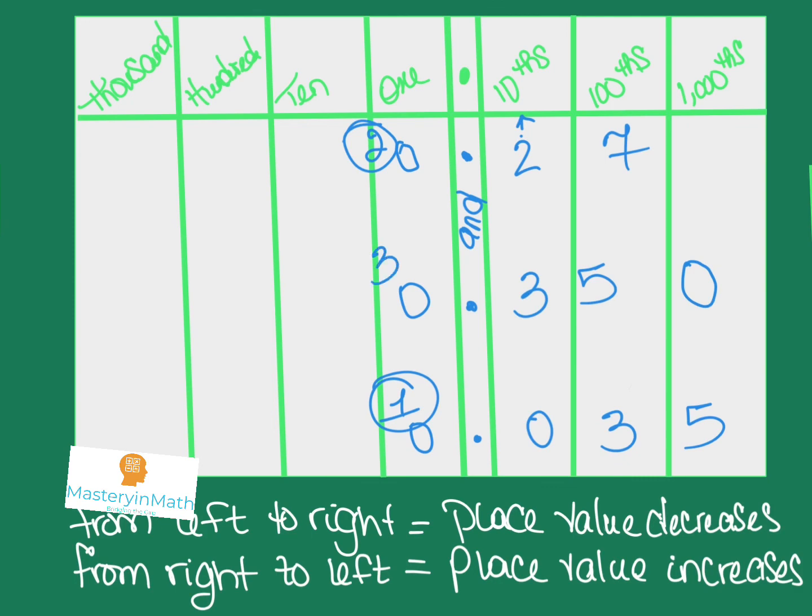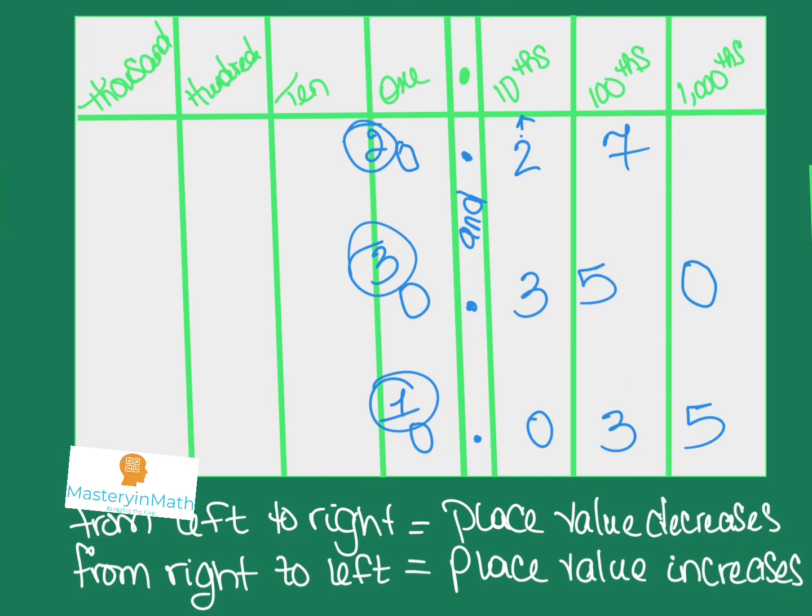And then the last one, which is greater than all of them, is going to be 350 thousandths. If we were to ignore these numbers over here, if we were to ignore these,